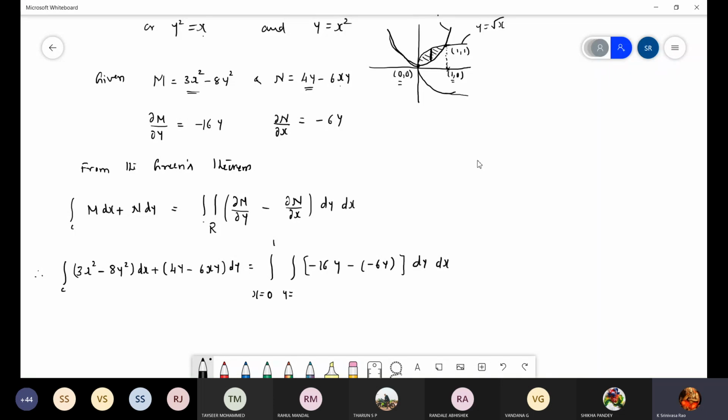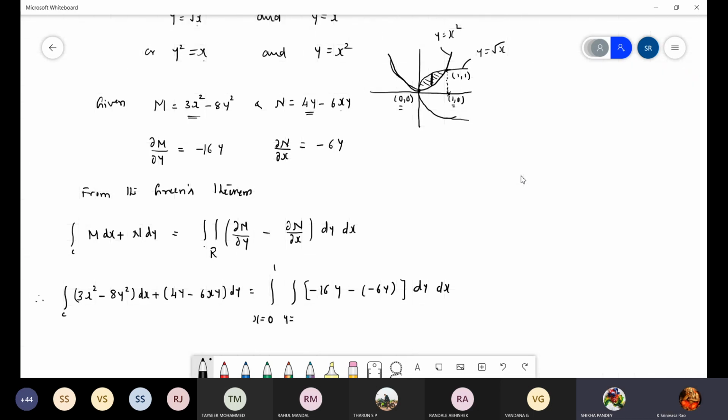What is the starting point of the line? y is equal to x square. Yes, its starting point is this boundary of this curve. So the equation of the curve is y is equal to x square. So y is equal to x square is the lower limit. And what is the upper boundary? Upper means this curve, that also in terms of y only, it is y is equal to root x. Is it right? Is it clear? Yes, sir.